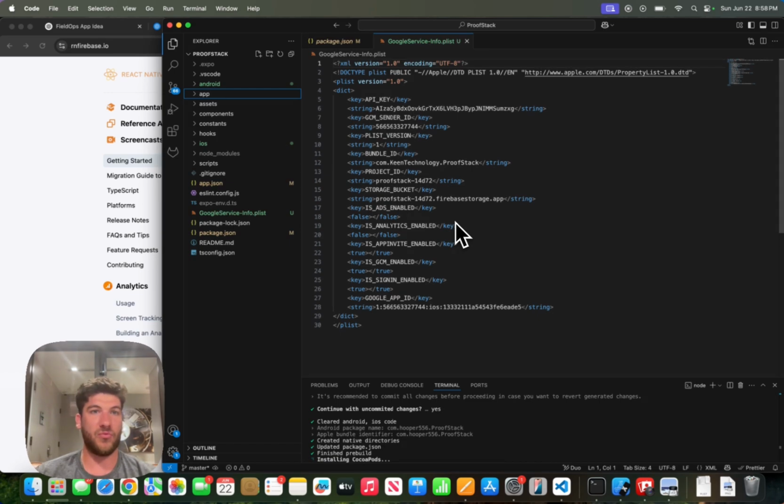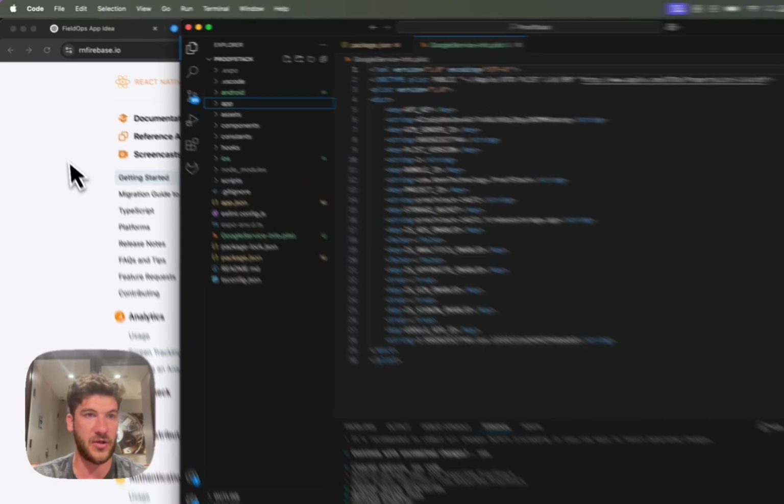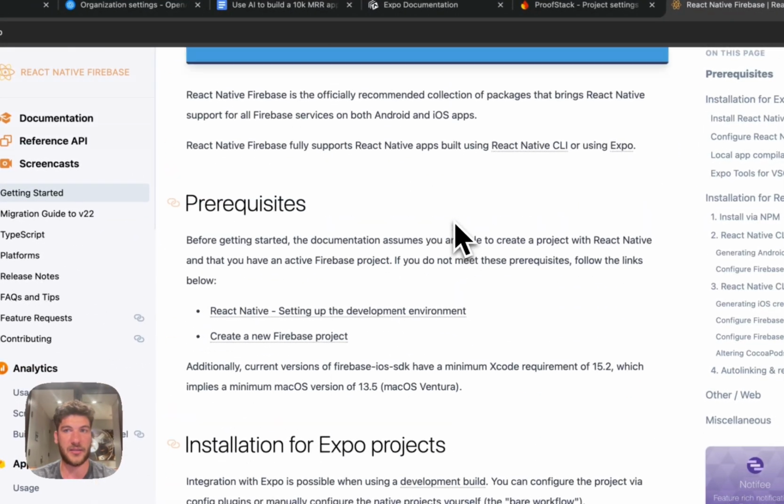You can now work with the native code. Expo is really useful for getting everything set up and then prebuilding it into native code, but essentially we need to do that early